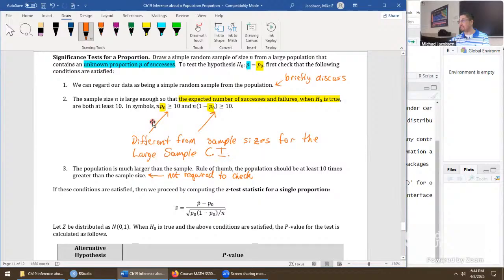For doing a hypothesis test, this is so humongously powerful that our condition checking has changed in a really, really big way. Kind of strange in that sense. In prior chapters, 17 and 18, your condition checking always was the same, whether it was a confidence interval or a hypothesis test. The type of analysis didn't inform the condition checking, but here it absolutely does. Categorical data is just weirder.